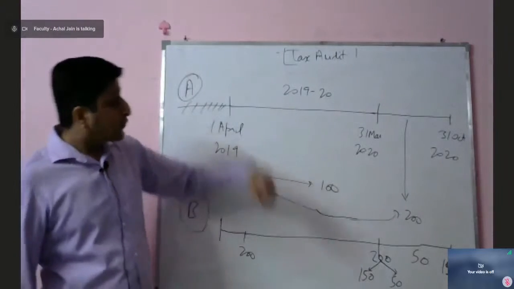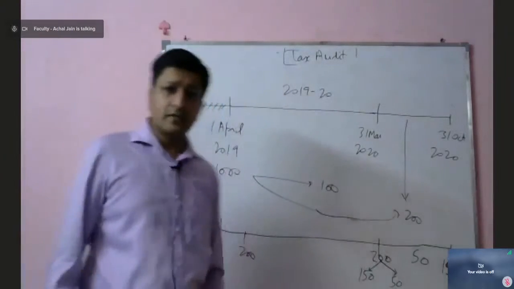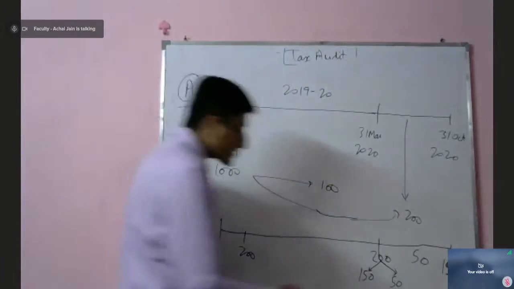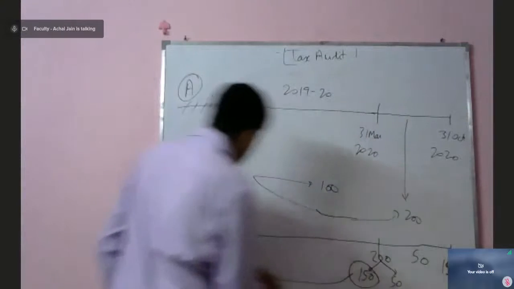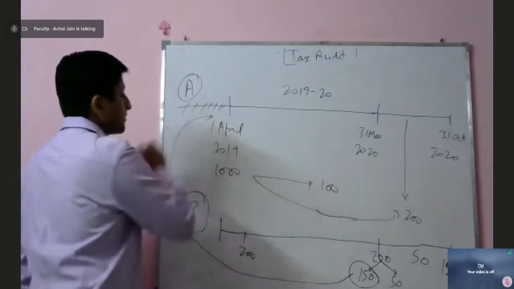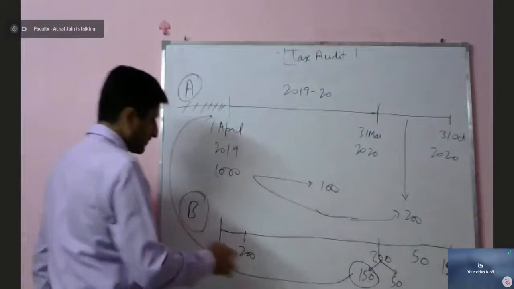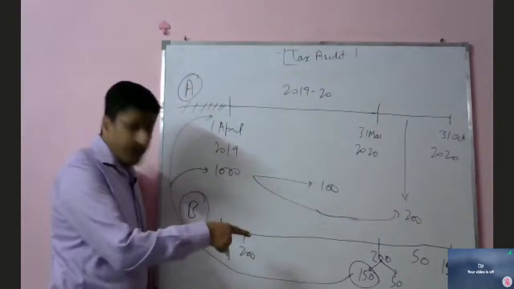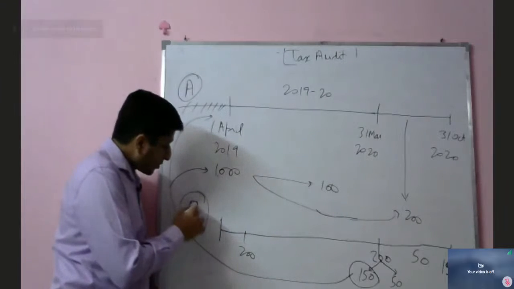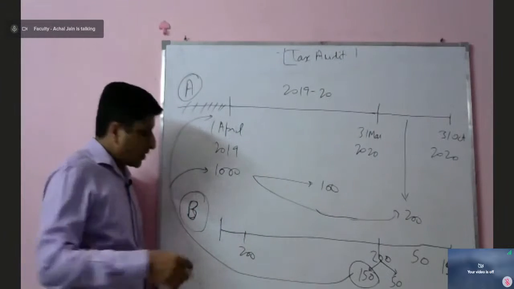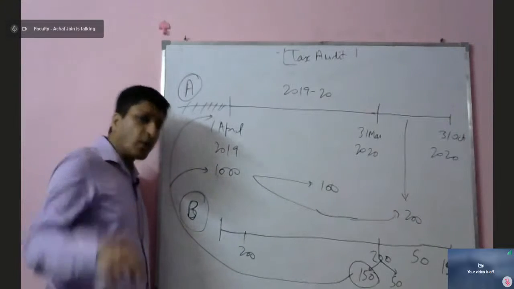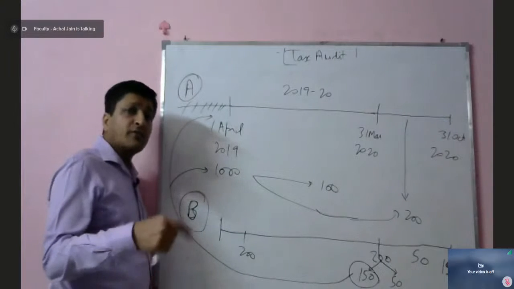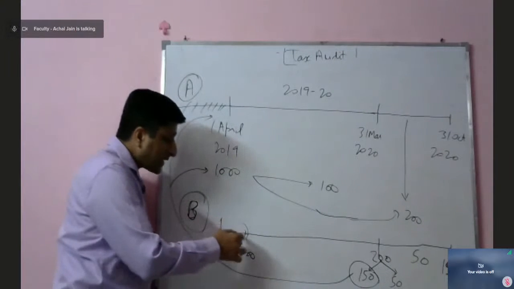So that's why for the next year, 2021, when this Form 3CD will be prepared again, this 150 will go to this clause number and this 150 will be reported over here. This 150 will not come in this clause number B. Clause B will contain only those amounts on which transactions have taken place during the year.